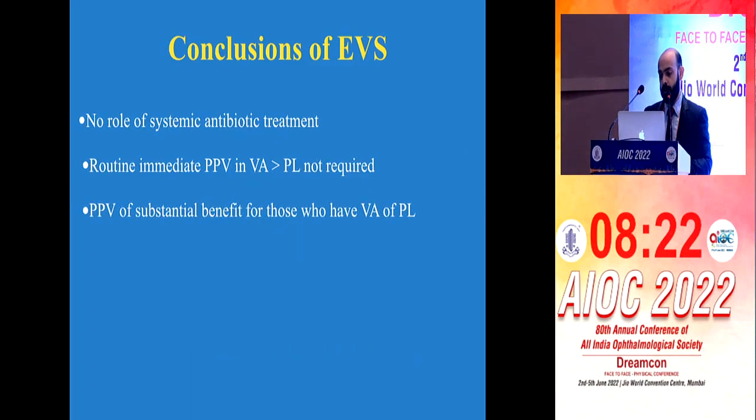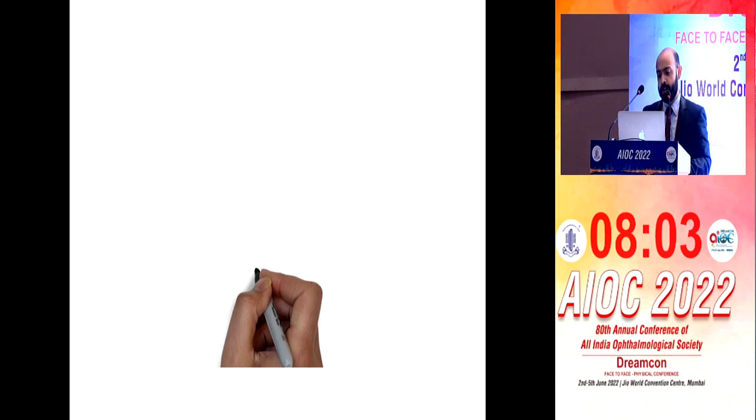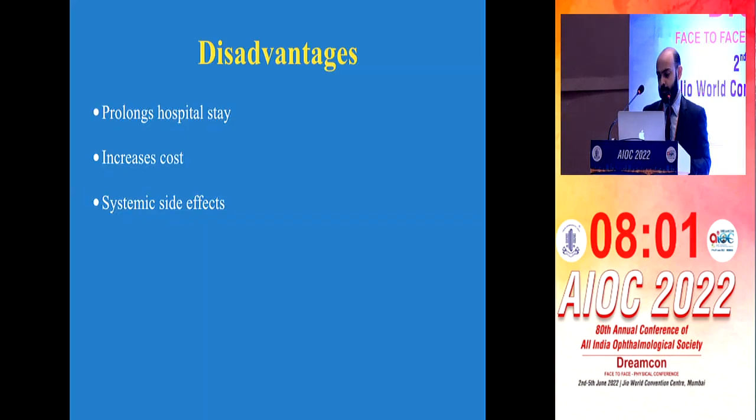However, the EVS study concluded that there was no role of systemic antibiotics, and that immediate pars plana vitrectomy is not required when the visual acuity is better than PL. Only when the patient has a visual acuity of PL or less, only then you should go for a pars plana vitrectomy. However, there has been some